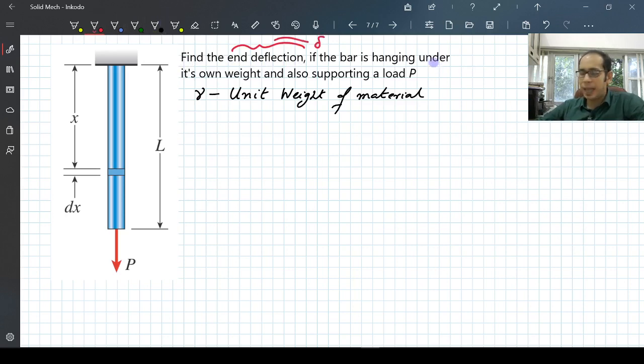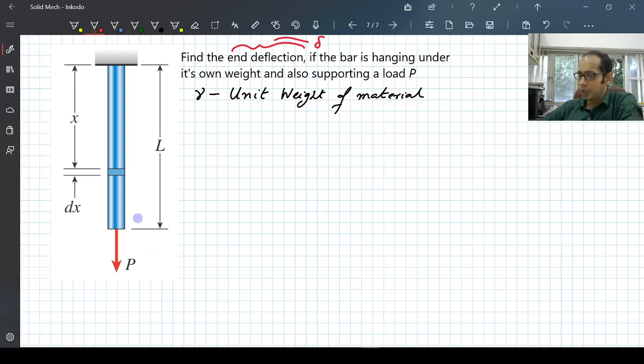If the bar is hanging under its own weight, so it has a self weight of its own, and this gamma is given, which is the unit weight of the material, and in addition to that it is also supporting this particular load P, which is the end load over here, right? Okay, so now how do we do this? So now we have this load which is sort of percolating from the top all the way to the bottom,